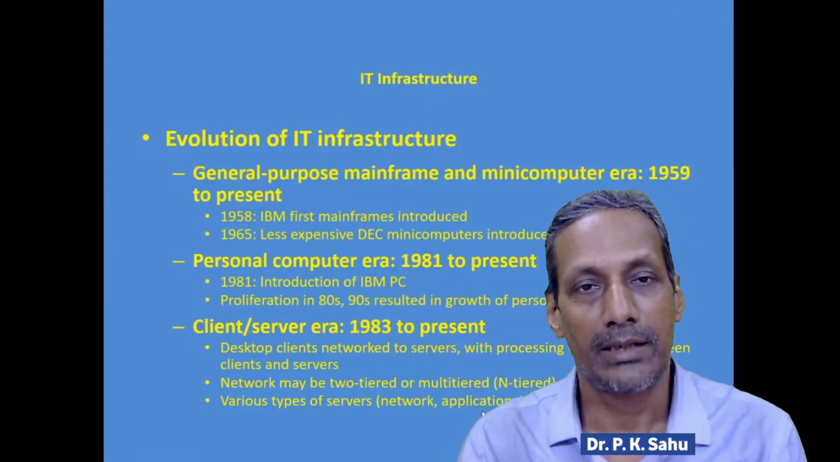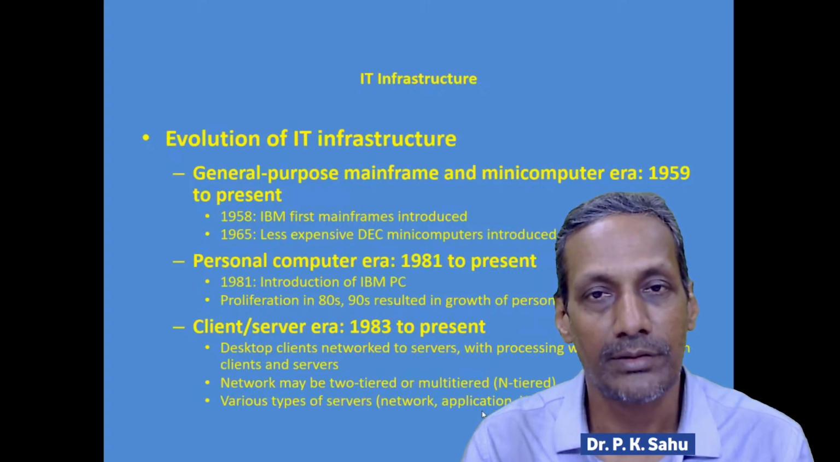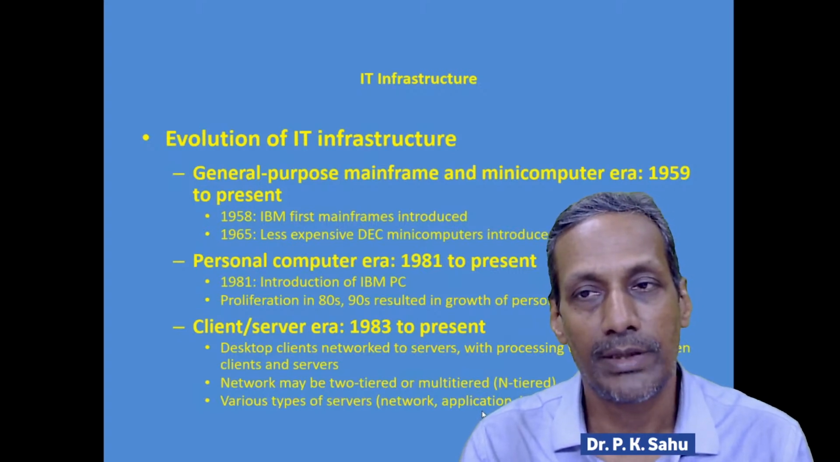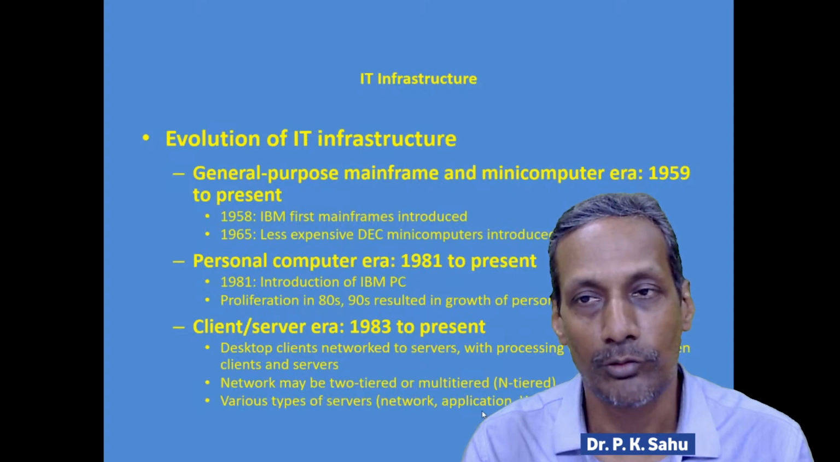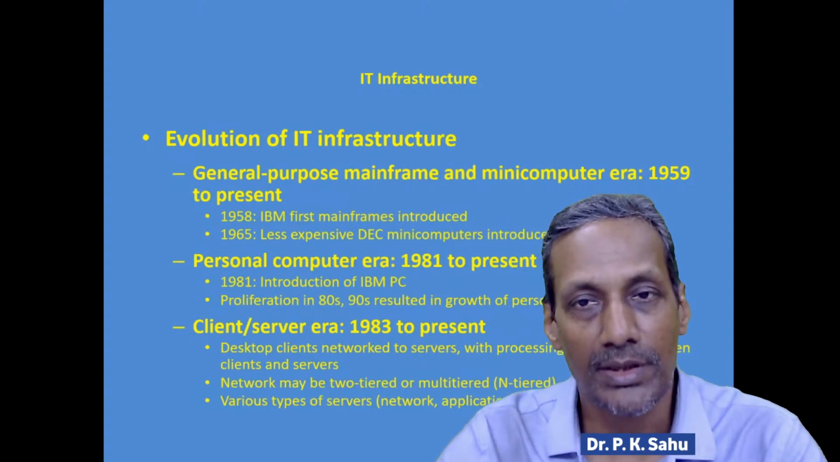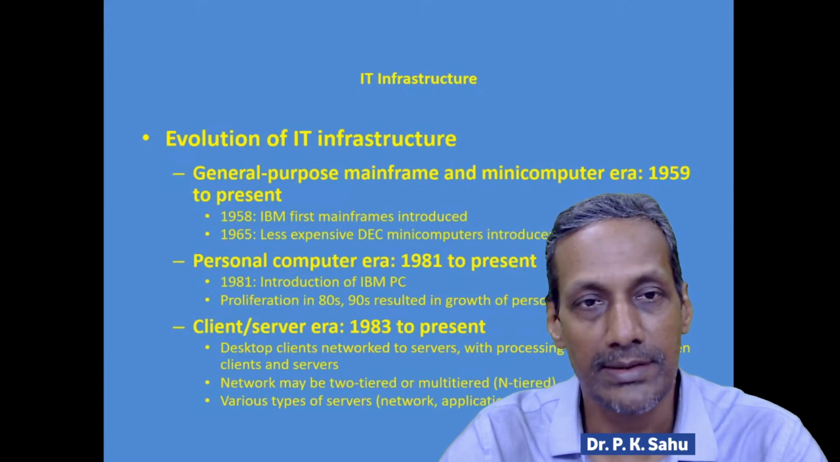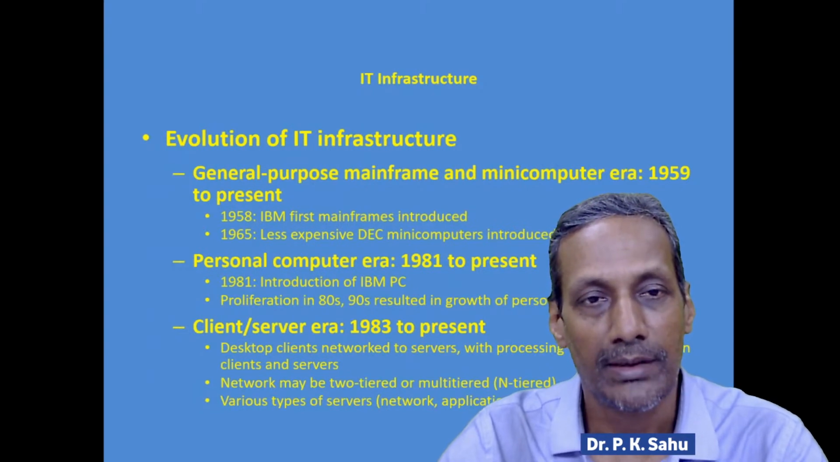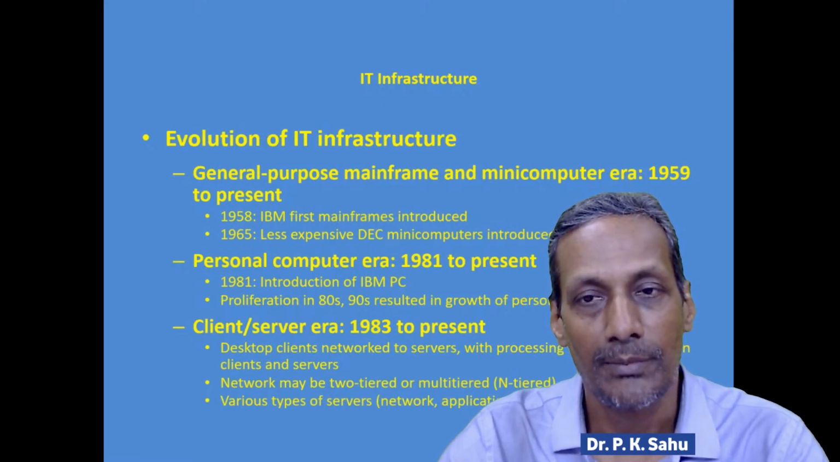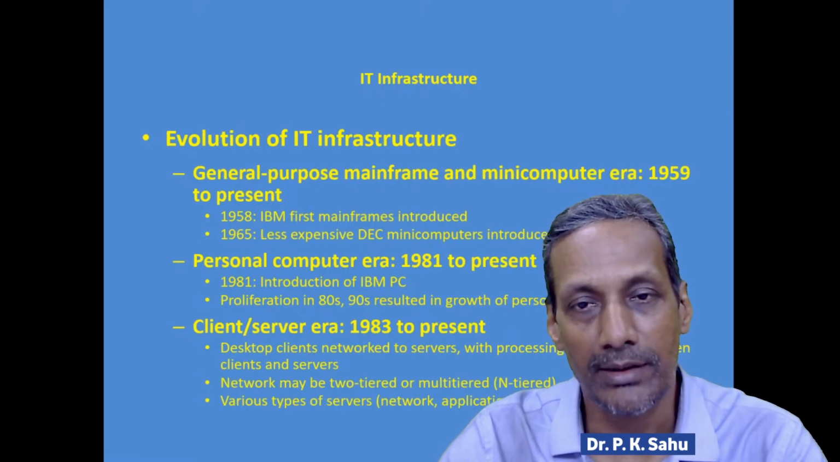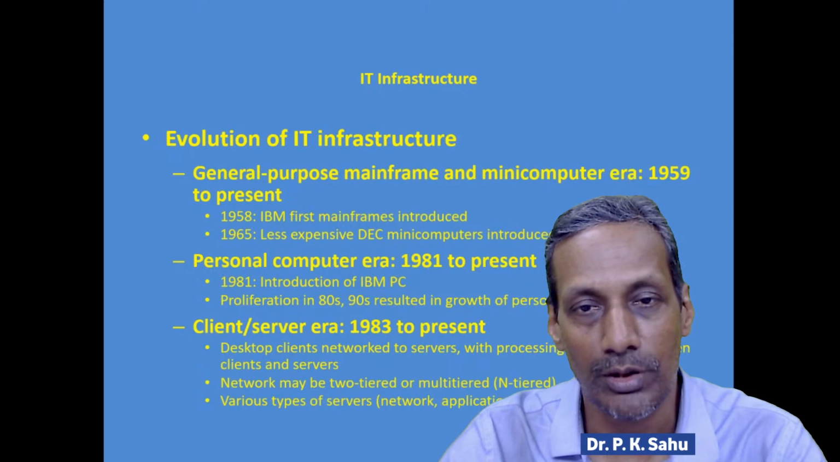If you take a look at the evolution of IT infrastructure, with the evolution of the most powerful tool, the computer, the general purpose mainframe and minicomputer era came up in the 1950s and the 60s. In 1958, the first mainframes were introduced by IBM. In 1965, the less expensive DEC minicomputers were introduced. But the most memorable era is considered to be the 1980s till date,